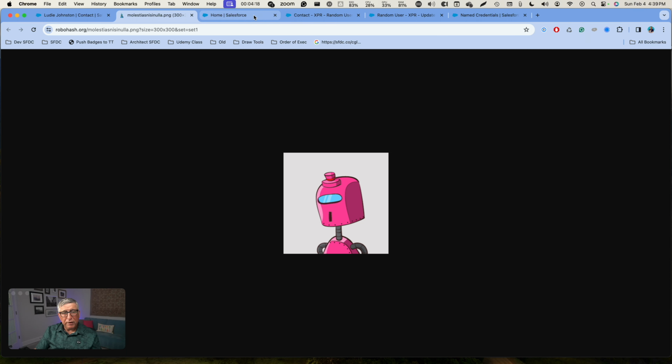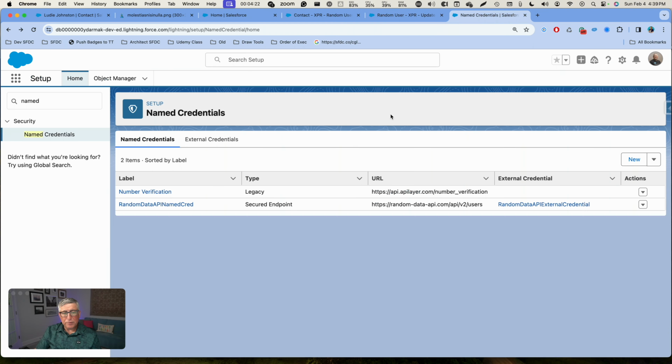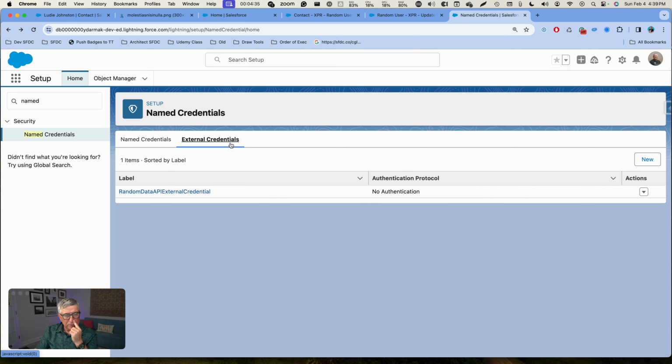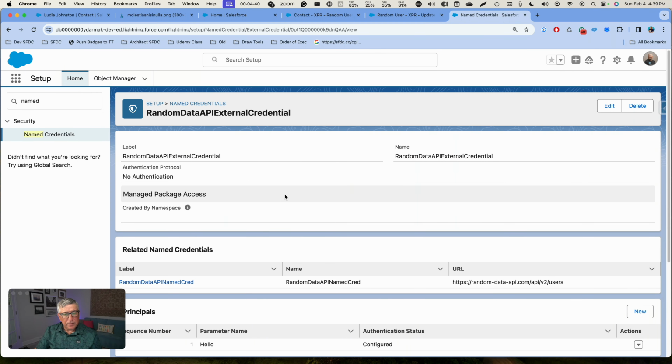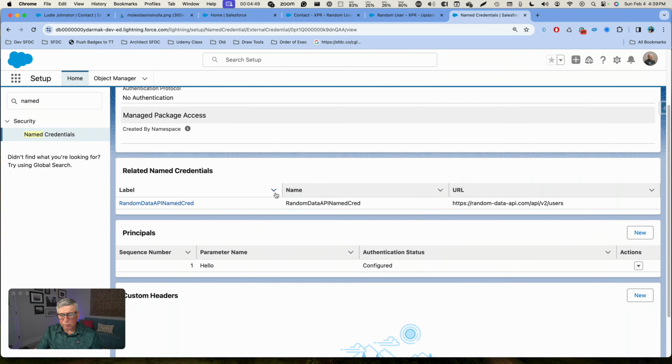When you build your HTTP callout, you are going to need your named credentials and external credentials. The only gotcha here is we don't really need any authentication for this API. It's a free API that doesn't need a user or authentication. But when you're setting up your external credentials, for some reason, it does not show up under profiles or permission sets so that you can give that access to the user with that profile or permission set,